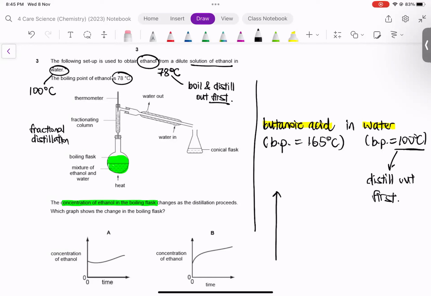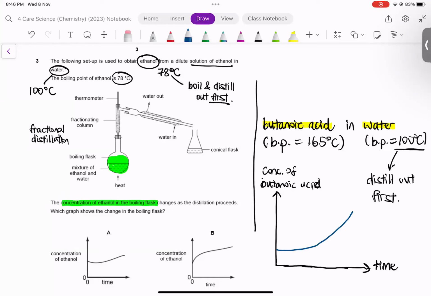So, how will the concentration of butanoic acid change with time? So just now, ethanol decreased with time, right? Because ethanol boils first. But now it's the reverse situation. It's the water that's boiling out first, meaning the water is slowly boiling away. If the water is boiling away, the water is being removed, the concentration of the butanoic acid will